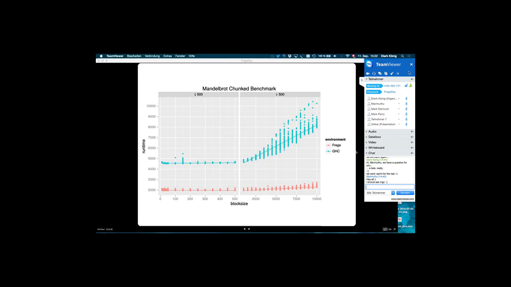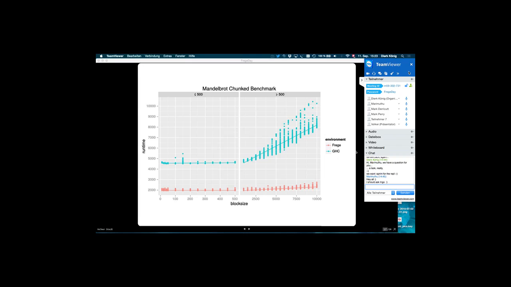It's my explanation for this. In Frege, it's not that bad. 5,000 to 8,000 is 1.5, so this is almost the same factor. Yeah, not exactly, but